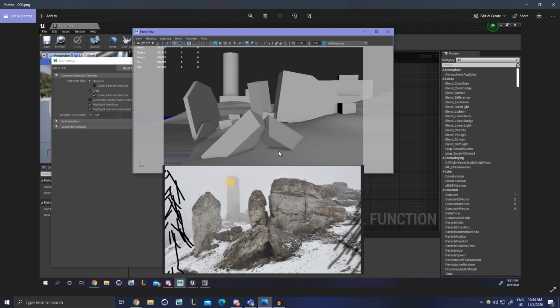You've probably heard this in a million different places, but reference is key. I did a lot of research. I had my PureRef board filled with reference, and this is the main composition that I really liked. I like this for a couple of reasons. One, like I said, I wanted something simple. This was a lot of new stuff coming my way all at the same time, so I wanted to make sure it was something that I could bite off without taking more than I can chew, essentially.